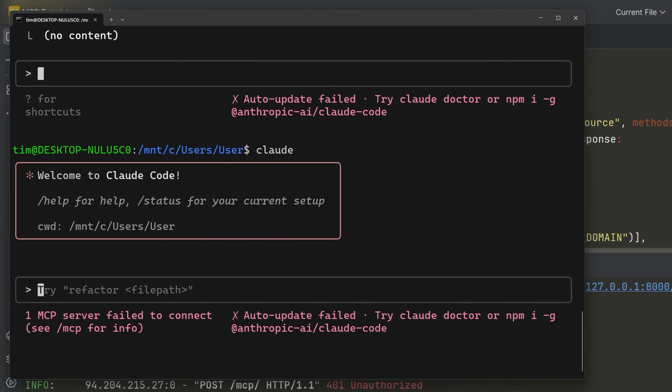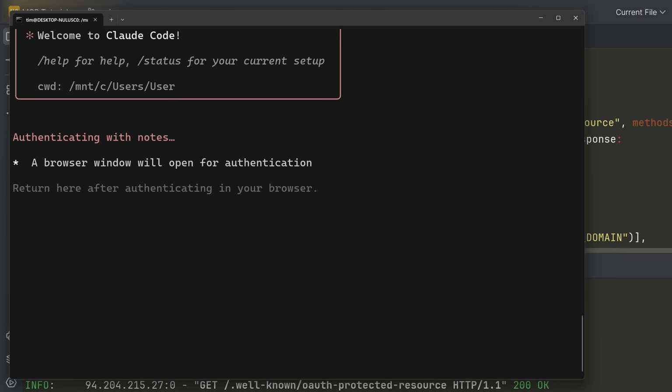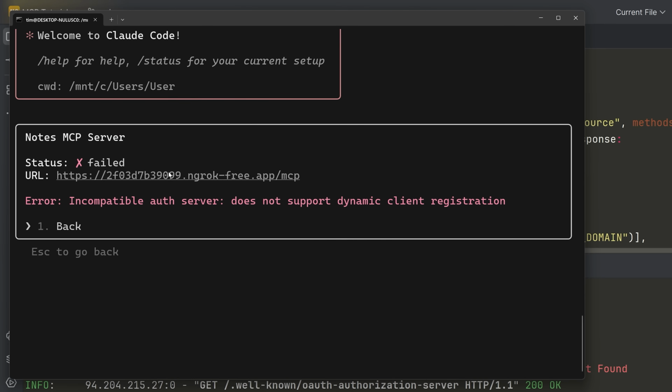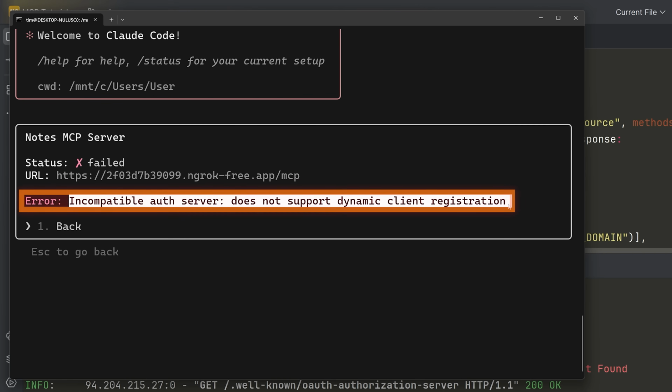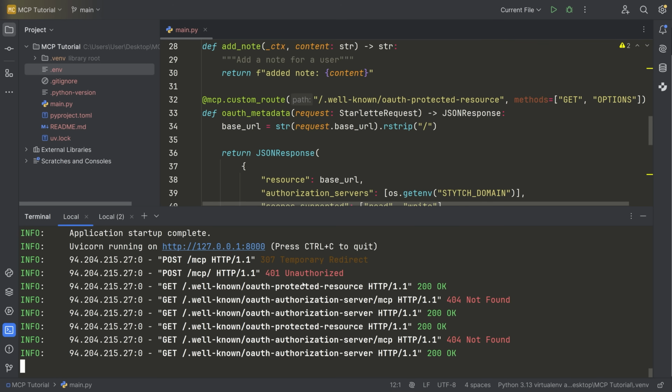It's going to initialize the MCP connection. Again, it says failed to connect. If we go to /MCP, we can enter to view details, and then notice it's saying, hey, I'm trying to open up this authentication server, but it doesn't support dynamic client registration. Sorry. We're going to fix that in 1 second, but the authorization server was read properly, and you can see